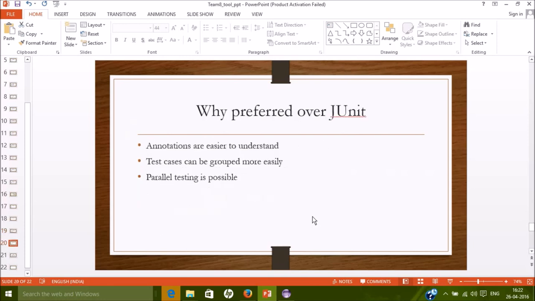As we discussed earlier, TestNG was developed over JUnit, so why is TestNG nowadays preferred over JUnit? Annotations are easier to understand. Test cases can be grouped easily, and as discussed earlier, parallel testing is possible.